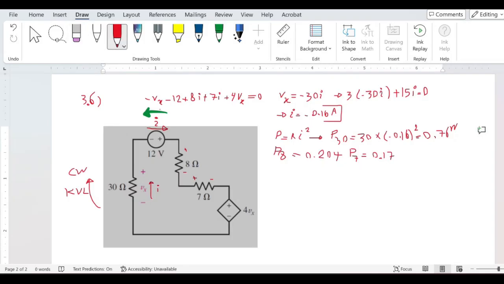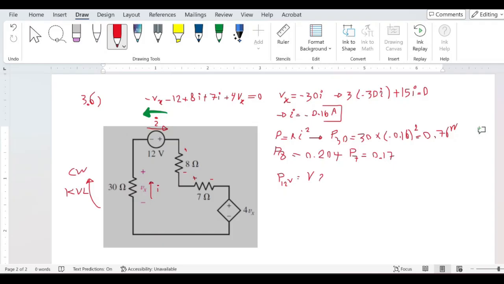With this direction, you would see that the current goes from high potential in the 12 volt to the low. What does that mean? It means that this battery is actually being charged and it's consuming the energy. So I'm going to write down P of the 12 volt battery